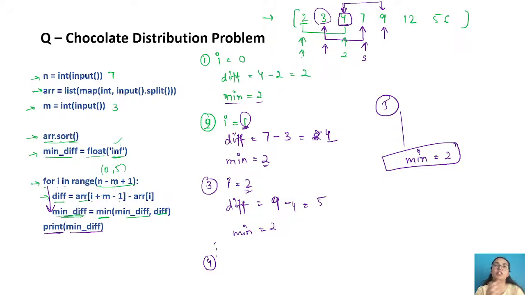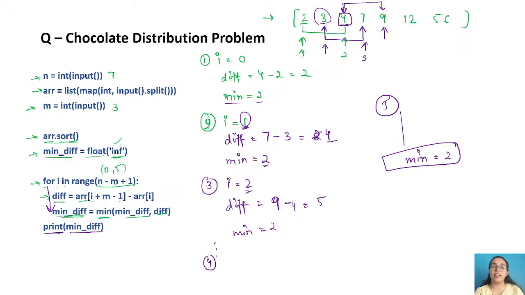Because if I take the minimum digit as 9, that is the worst case I'm taking: the maximum digit that I can get is 9. If I get any number lesser than this, I will quickly update my minimum digit. The same thing is happening here. Try to think of it.